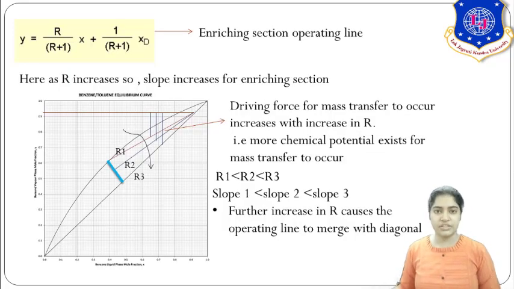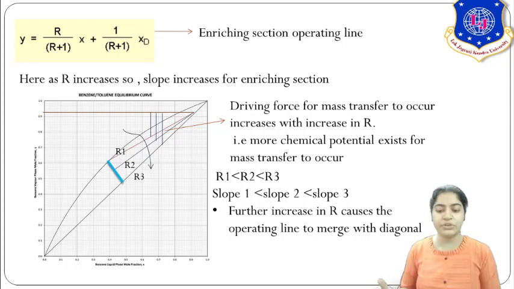Now conceptually, on your graph, when you determine the number of stages, you need to have the operating lines of the enriching section and stripping section. Here is how reflux ratio increases the concentration. As you increase the reflux ratio, you are increasing your driving force for mass transfer. There is more scope of separation from liquid to vapor phase. At the end, what we are trying to do by providing reflux is to create as much contact as possible between liquid and vapor.